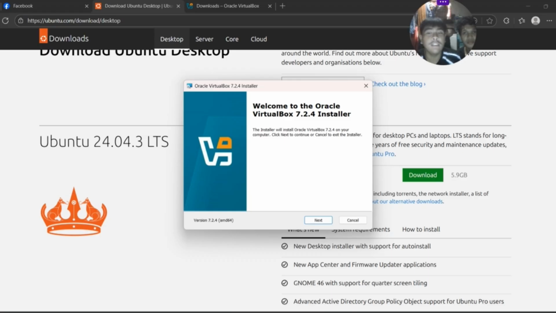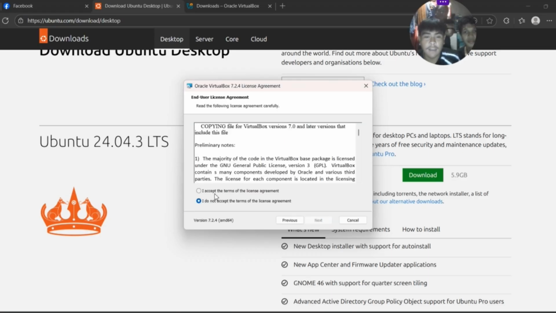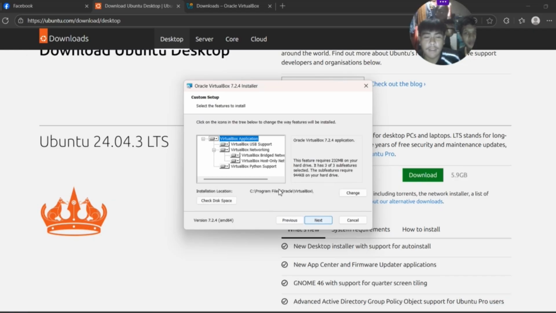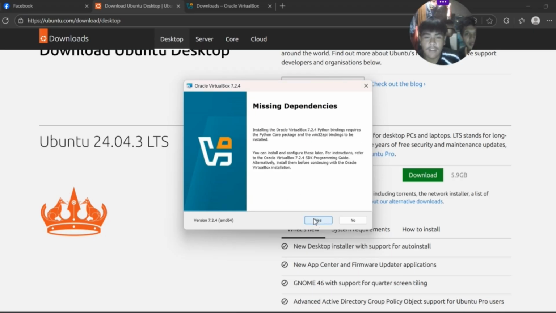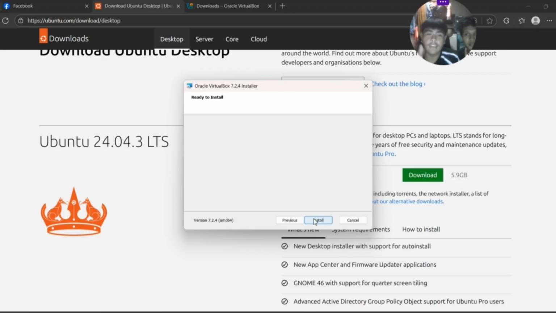So here you will see the installation process. You press next. Just keep everything default, accept the terms of the license agreement. It depends on where you want to save it. It depends on you, but we'll just leave it as default and press next. We'll just ignore this. Next. The checkbox is where you choose if you want to create a shortcut or startup menu on your host, your Windows system. Yes.